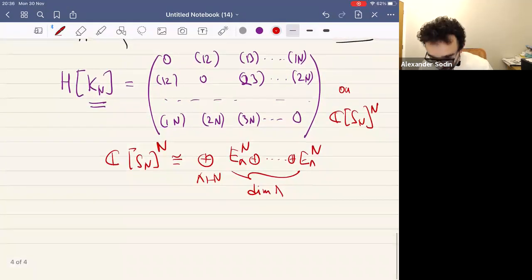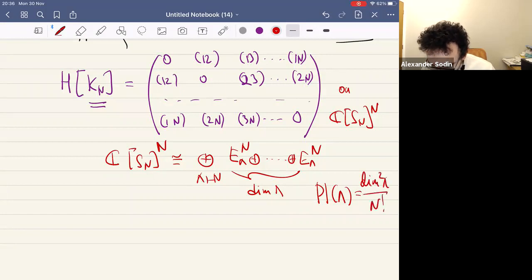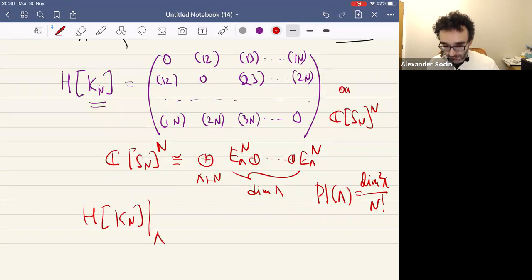The way I think about it, we have the Plancherel measure, which tells us which relative dimension the representation lambda occupies in the left regular representation. Now we take h of Kn and make it act on lambda, meaning on e lambda to the n. We get